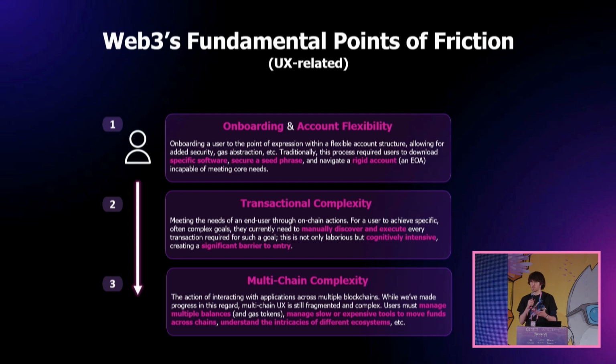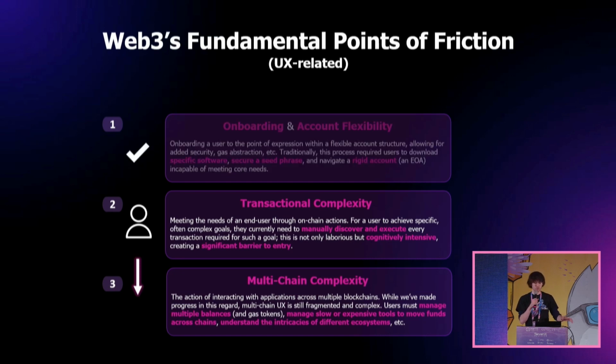So given this context of these tying very closely with the user journey, what I want to make clear is that the first problem is actually largely solved. Maybe not to 100%, but we can consider it solved for the sake of this presentation. This is solved through number 1, account abstraction, and number 2, things like MPC wallets and social logins. The infrastructure exists today where an end user can go to an application and onboard and start using that application in 2 clicks, and they can do that into a smart account.